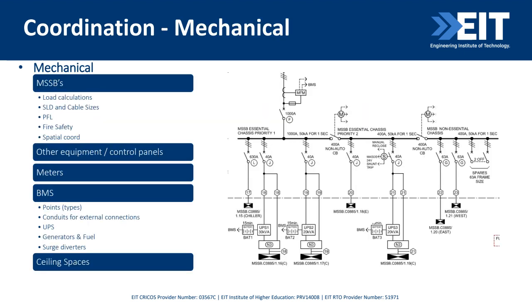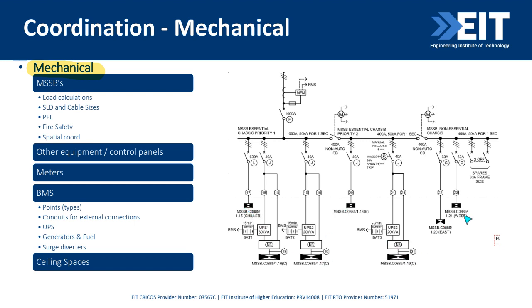So let's start with mechanical. For mechanical, they may have mechanical switchboards. So in this single line diagram here, what we've got is a supply coming in to a switchboard that has 3 mechanical chassis. And we can see here that we have 1, 2, 3, 4, 5, 6, 7 mechanical switchboards. So in this project, we need to provide a cable and a circuit breaker supply to every one of those